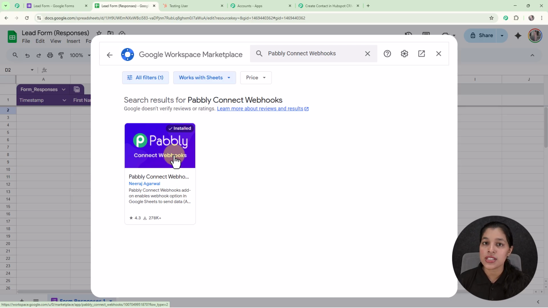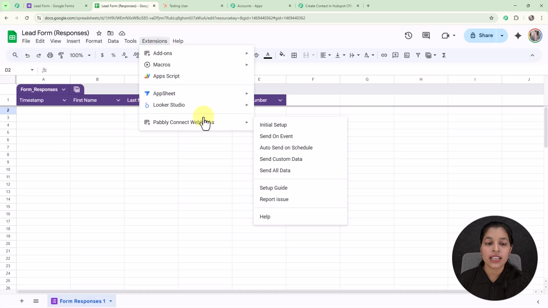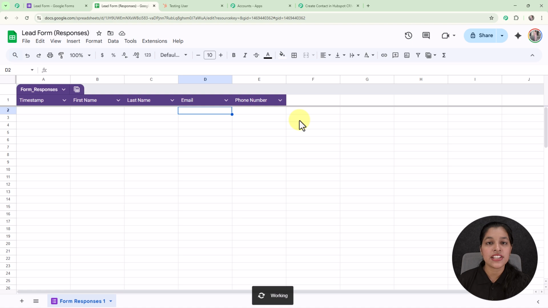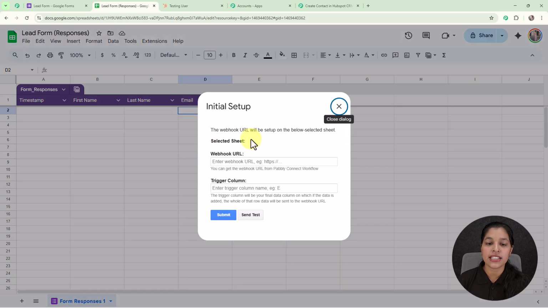So you just have to install it firstly, and afterwards again you have to go to extensions, and here you can see I'm getting this option for Pabbly Connect webhook, and here we are getting this option for initial setup. So you just have to select it, and you will be getting the initial setup dialog box which can be seen here. In this initial setup dialog box, it is asking me to enter the webhook URL and the trigger column. So this is the place where you have to enter the webhook URL which you have recently received